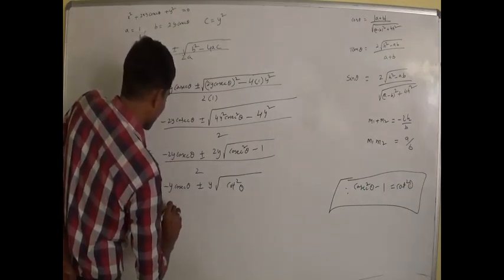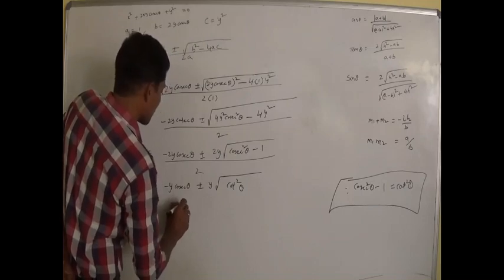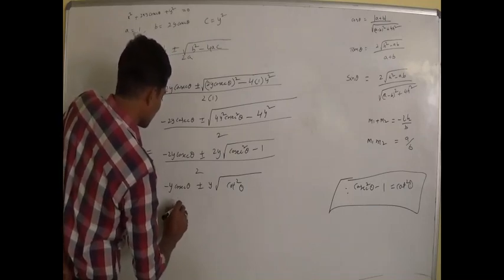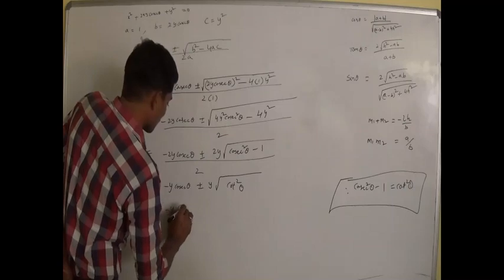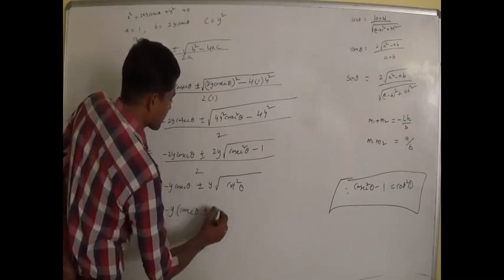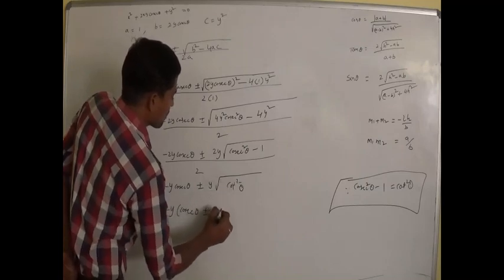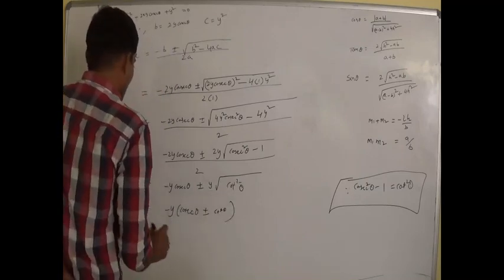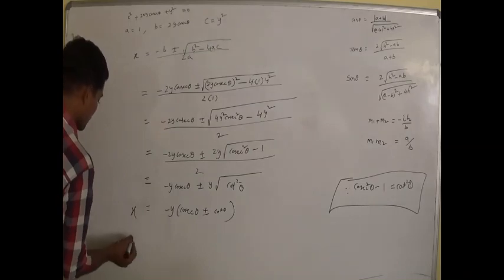Minus y, take y as common here, cosecant theta plus or minus cot theta, which is x equal to, that means